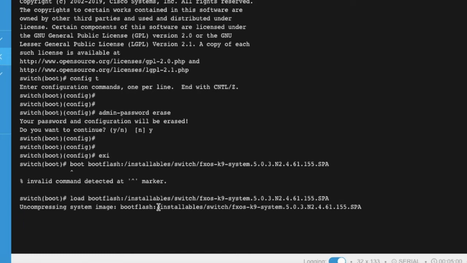Now it starts booting with system image. It will take a few minutes to boot here. Just wait.